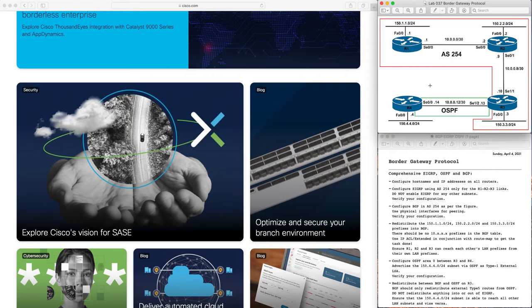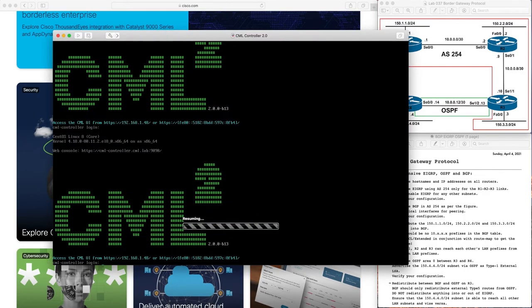and the platform that I'm going to be using for this configuration is Cisco Modeling Labs, virtual labs from Cisco. So I have already installed everything. I'm using VMware Fusion. So I'm gonna start the CML over here,